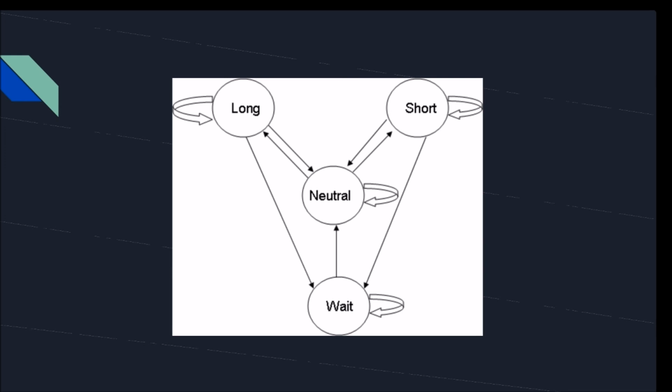The program on any given day can be in one of four states: wait, neutral, long, or short. At the end of a trading session, the program will transition between states. The program, in general, starts in the wait state. When the daily price action from the previous close to today's close crosses the end day VCPMI, a set price point in the market, it transitions from the wait state to the neutral state. The end day VCPMI is referred to as the pivot and will vary by product.